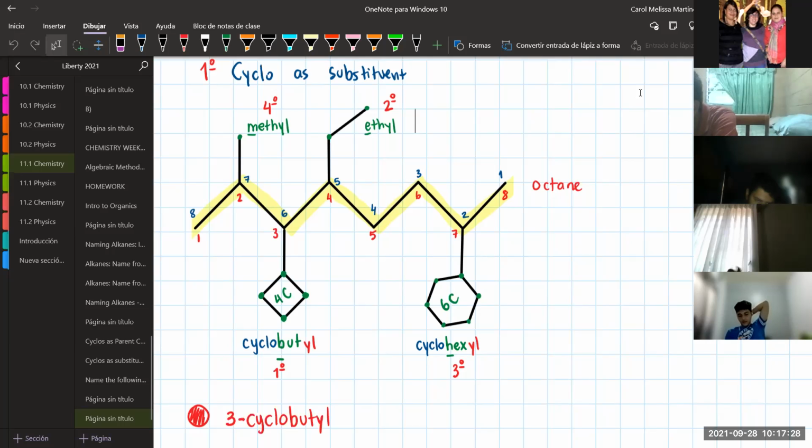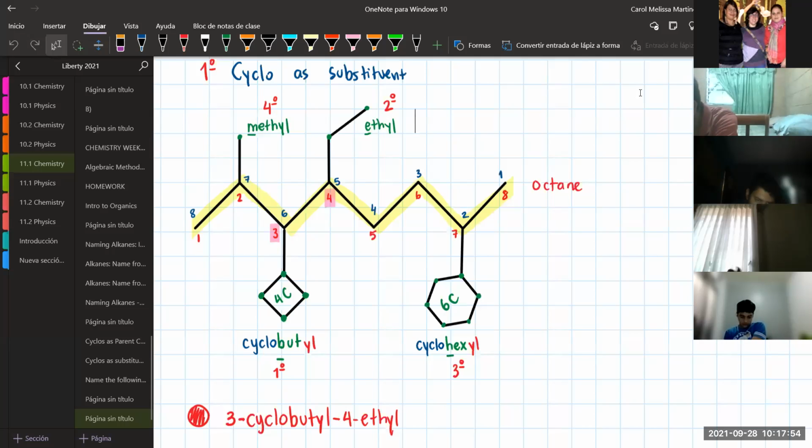Remember, these names are written in lowercase always. Once you finish with the cyclobutyl, you continue with the second one, which is ethyl. Ethyl in the red position is in position 4. So 3-cyclobutyl, 4-ethyl,